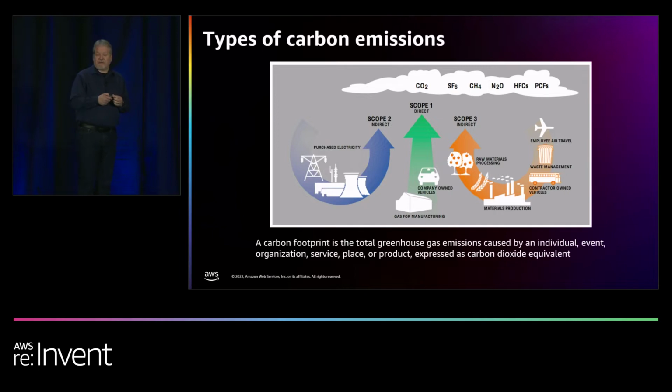AWS is addressing our scope 2 emissions through our continuous focus on increasing efficiency in all aspects of our infrastructure. And Kamran's going to talk about that in his section. And also through our progress in empowering our operations with 100% renewable energy, and we plan to achieve that goal again by 2025. So to meet Amazon's climate pledge commitment to reach net zero carbon by 2040, we also have